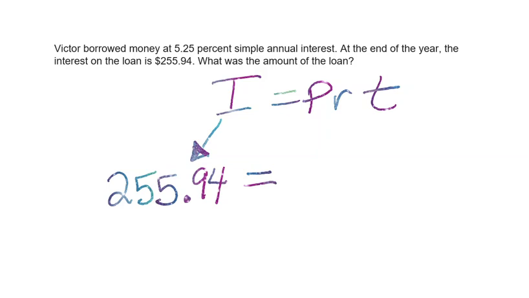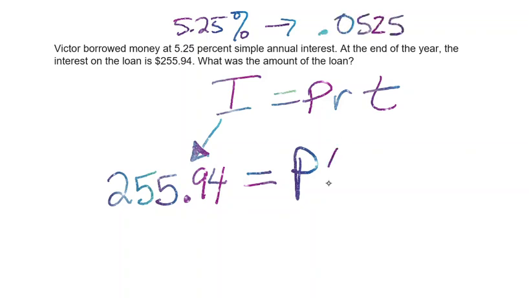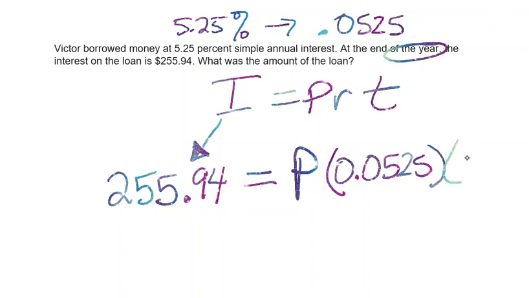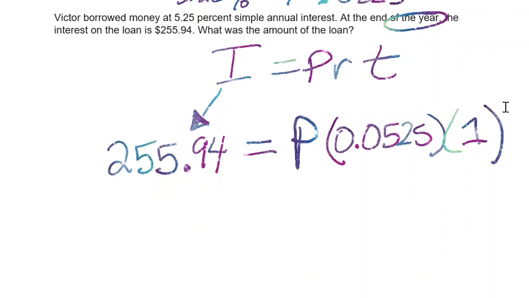equals, what was the amount of the loan? So we do not know the principal, but we do know that the interest rate was 5.25%, which if we convert that to a decimal is 0.0525. So I know I'm multiplying by 0.0525. And at the end of the year, so all we have for time is 1 year. So this is like using what you know about solving equations. I can go ahead and multiply here, and I get 0.0525 P